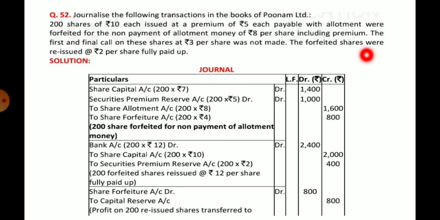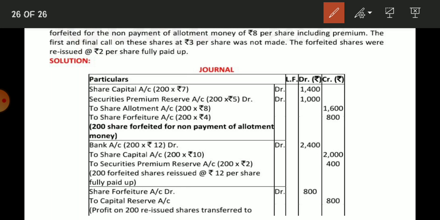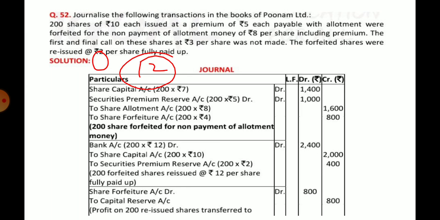Next case, the share forfeited is reissued at 12 per share fully paid up. So bank account into 12, okay, fully paid up, okay. So it will be transferred. Here the amount is written wrong. It will be 12, okay. It will be 12, please. It will be 12, right? And share capital is 200 into 10, 2 rupees as a securities premium, 200 into 2, and share forfeiture account